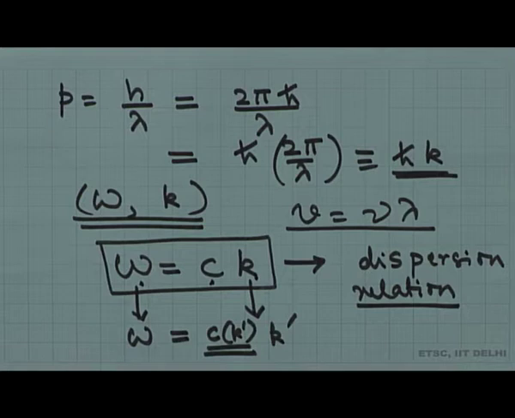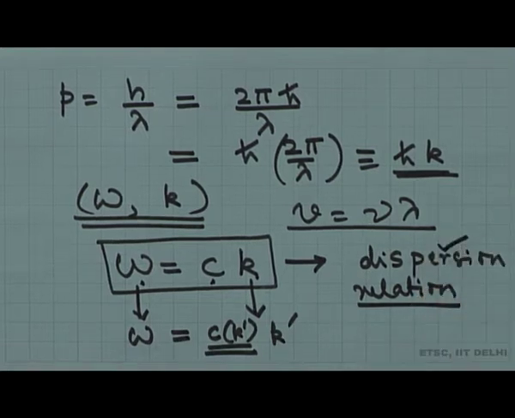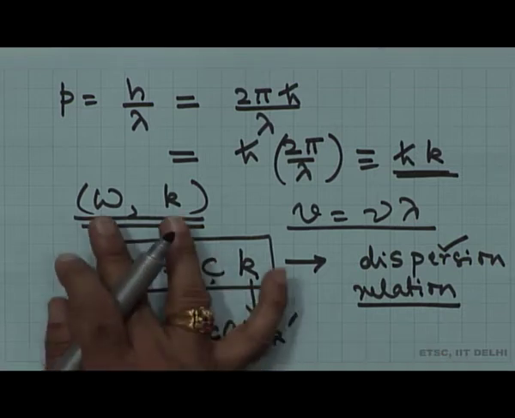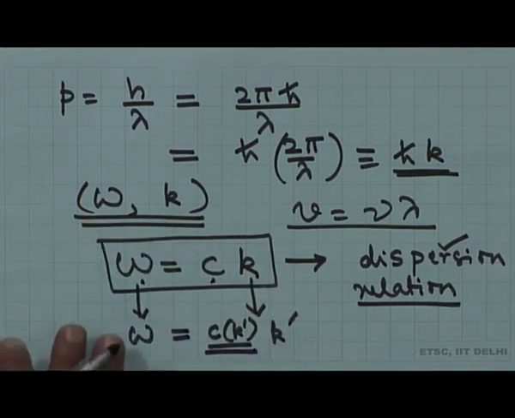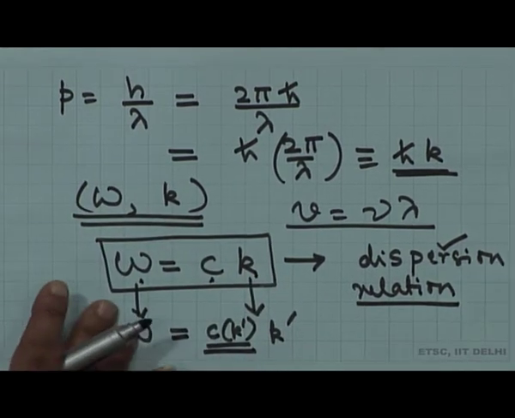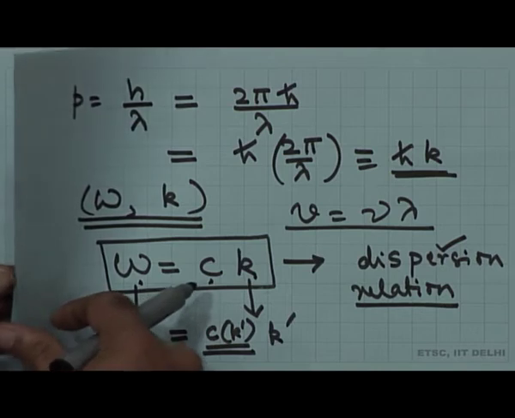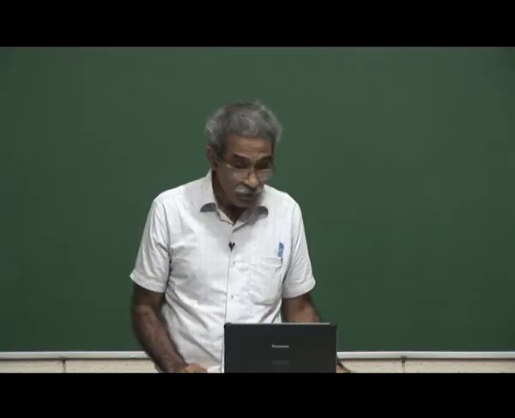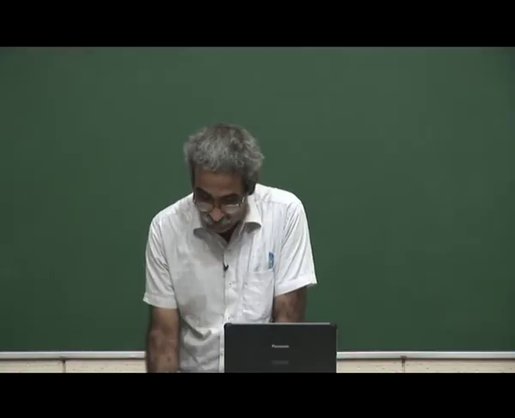That is a famous case of dispersion, and this explains why we use the word dispersion relation. At this point, of course, you should know it is not very important for us to use omega and k. I just introduced it to you because it is some kind of a convention, although in your 12th standard you may not use it. So now what we do is to return to matter waves.